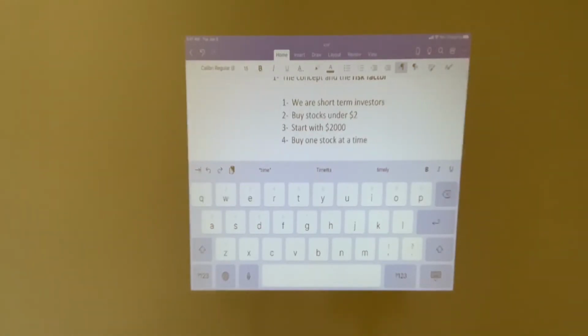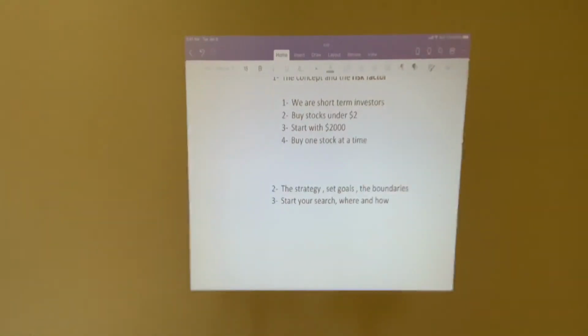When we get to talking about the strategy, we're going to see that in the second phase of that strategy, when you reach your second goal, you'll be able to do multiple trading. For people who didn't watch the first video, we say you are a short-term investor because you need to be able to make money within days or weeks. You don't want a stock that will force you to go long term, because that will increase the risk factor. We spoke in detail about the difference between a long-term investor and a short-term investor. Please go back to the first video and